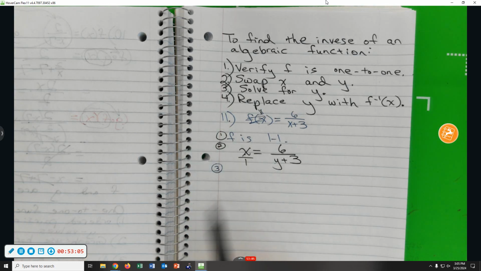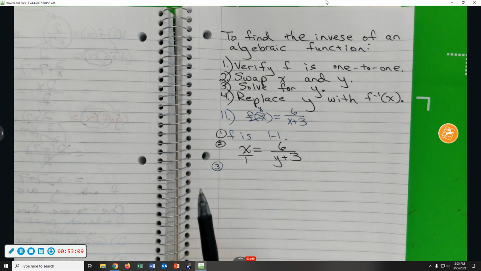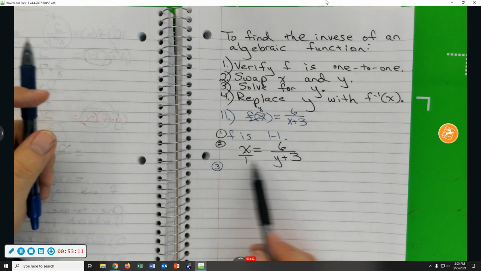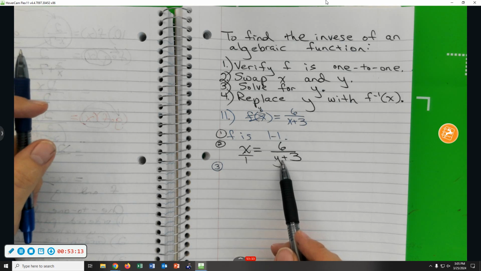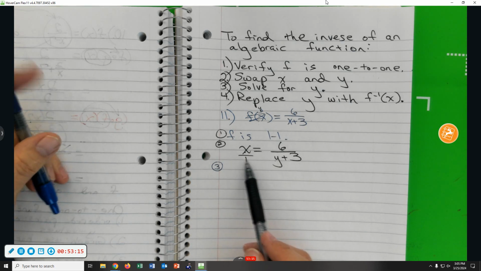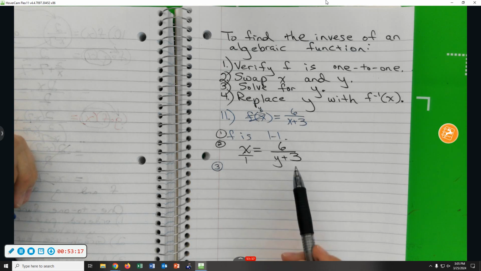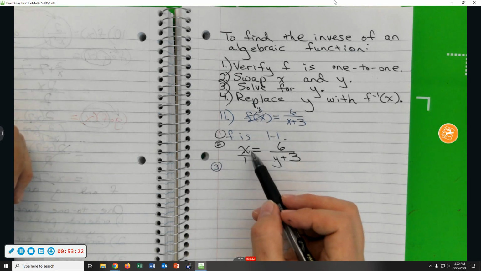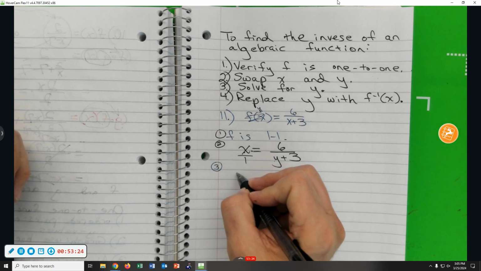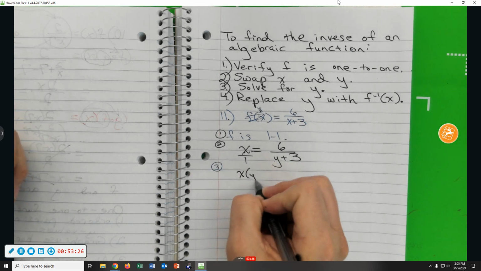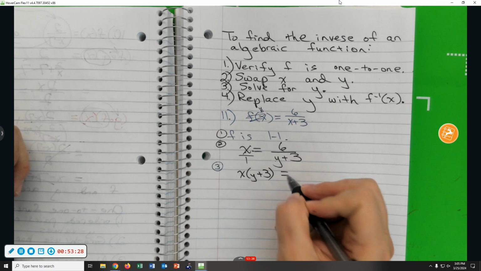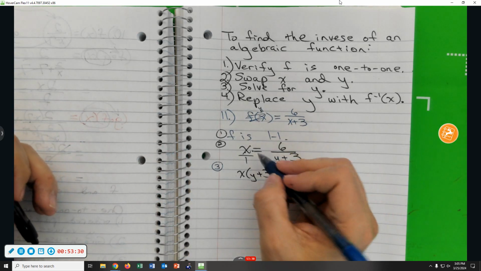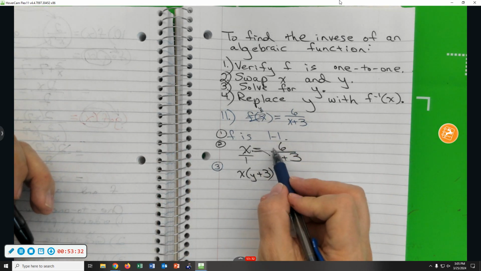Why did I write that as x over 1? What am I thinking I'm going to do? Cross multiply. You could just say multiply both sides by y plus 3, but when you can write it as a fraction equals a fraction, as a proportion, students seem to like that better. You take x times y plus 3 is equal to